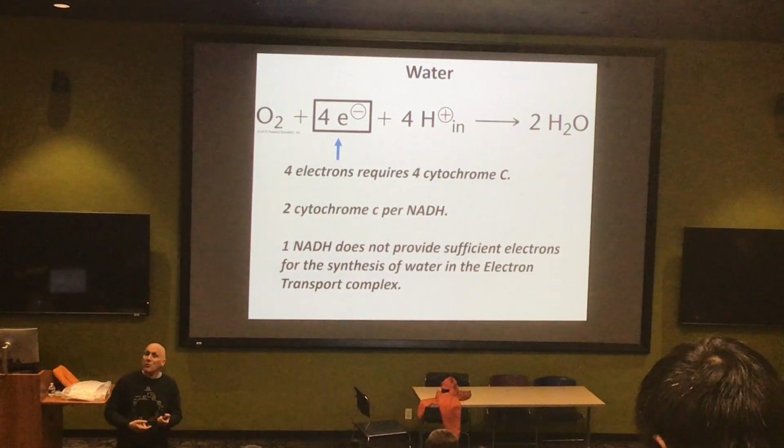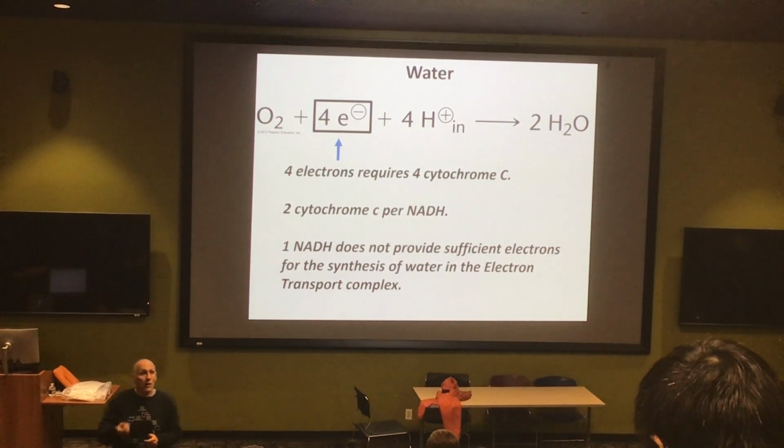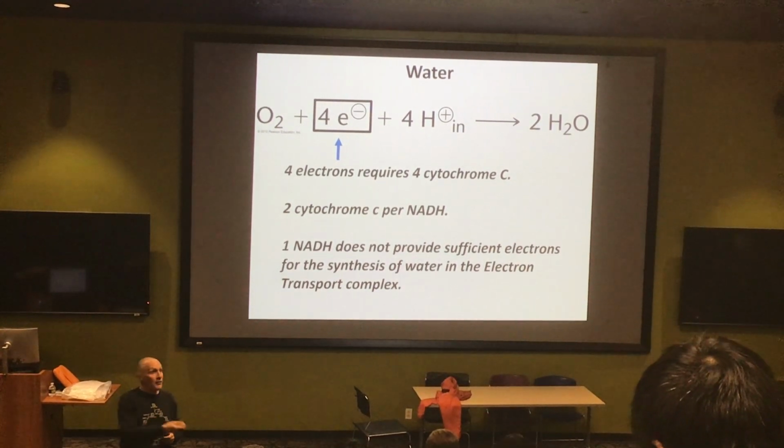So when you're considering the number of protons that are being pumped from one side of the membrane to another, it really depends what you're defining it with respect to. If you're defining with respect to an